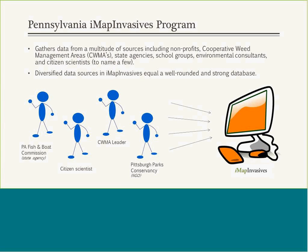So again, talking about how the IMAP program gets data from a multitude of sources, and I listed some of them here, but not all of them. We get data from a lot of nonprofit organizations. We partner with several cooperative weed management areas within the state, state agencies, also school groups, environmental consultants, and citizen scientists, which I consider to be a very important group of people. And because we have this multitude of data sources, this diversity